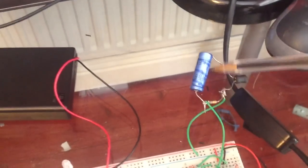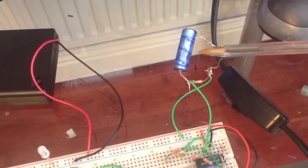And over here we have the RLC circuit, and it's just a capacitor, an inductor, sorry, let me just readjust, and a resistor. And over here we have a mains cable attached to a lamp. Alright,